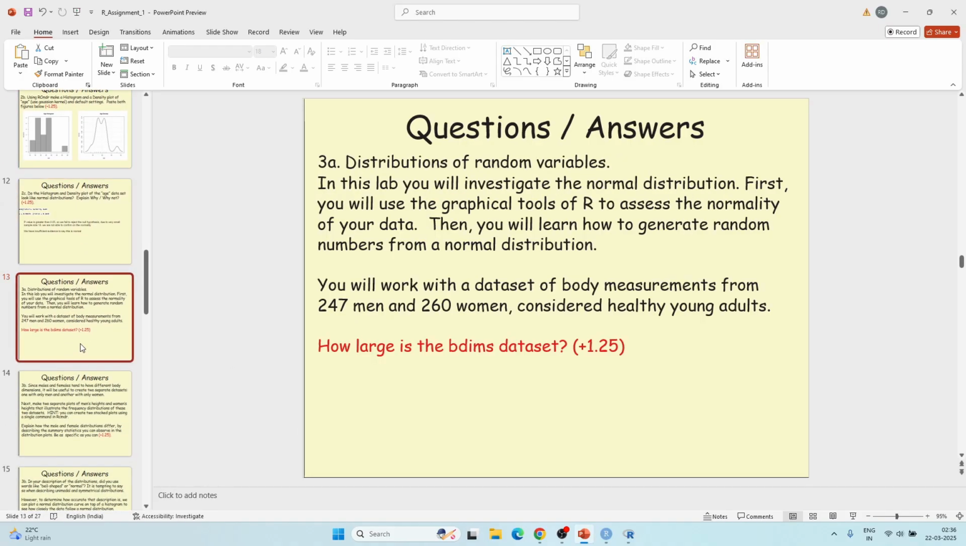and then we can confirm on that. Coming to question number 13, distributions of random variables. In this lab, we will investigate the normal distribution first. We will use the graphical tools of R to assess the normality of our data. Then we will learn how to generate random numbers from a normal distribution. We will work with a data set of body measurements from 247 men and 260 women, considered healthy young